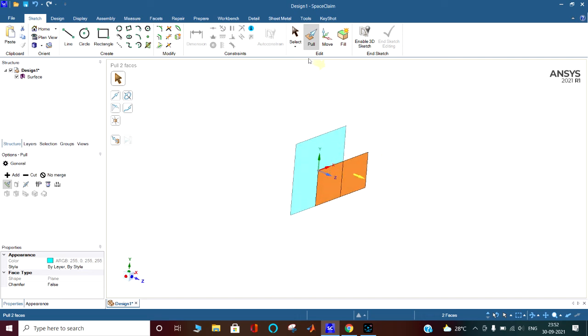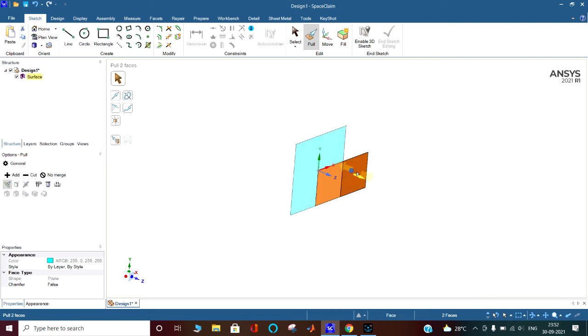Already here the Pull tool is there. From this Pull tool, if I want to extrude it, there are so many ways of extrusion here. I am again saying, go and see the detail box on the left hand side, where you can see add, cut, and merge.